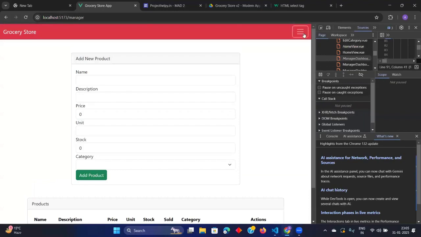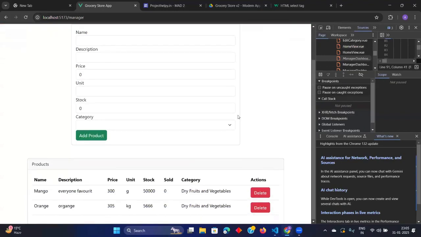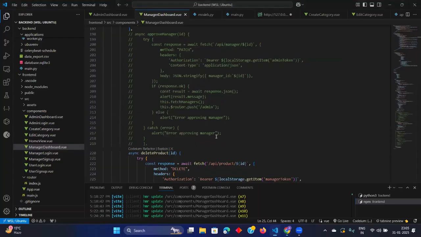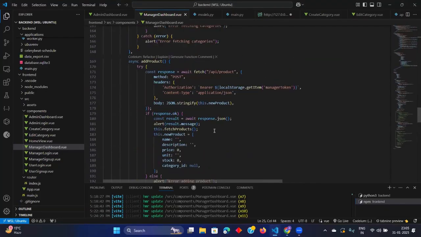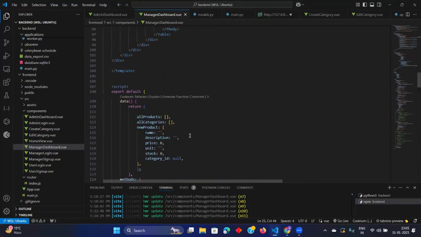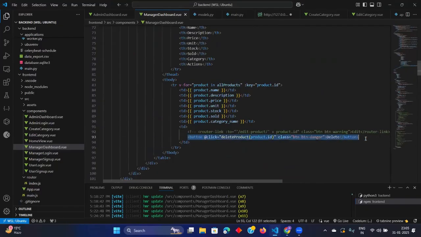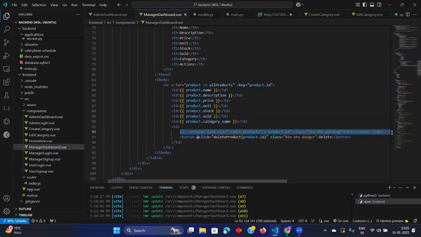Now next thing what we want to do is we want to have edit functionality here, right? So let us create the edit functionality also. Similar to this button, let us copy this and in the same page we will edit that. Okay, same page or different page. Let's see how we will do.